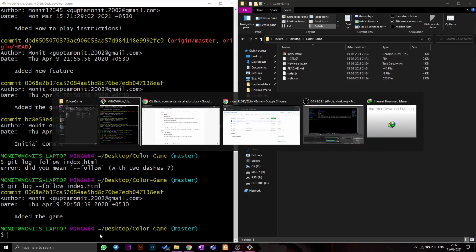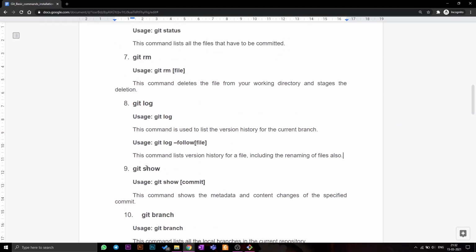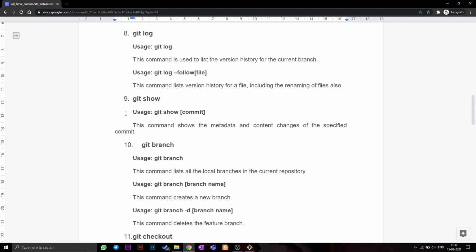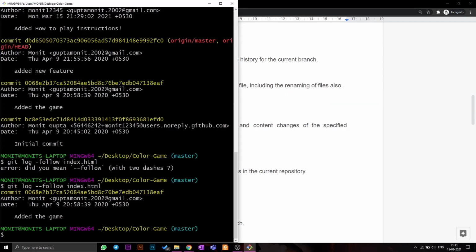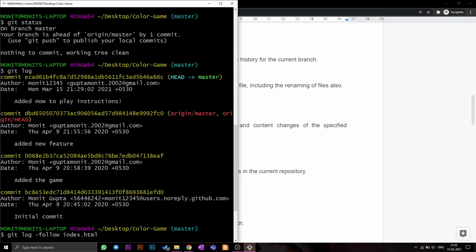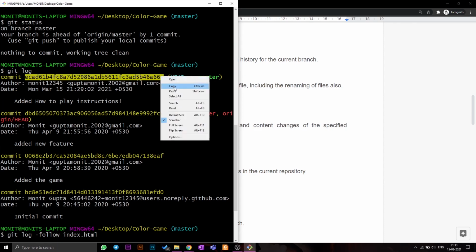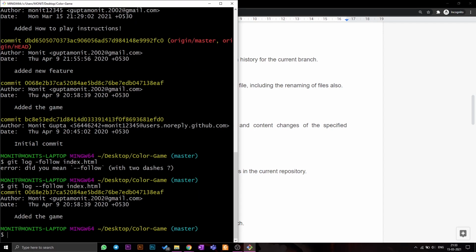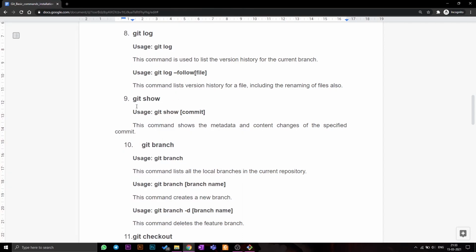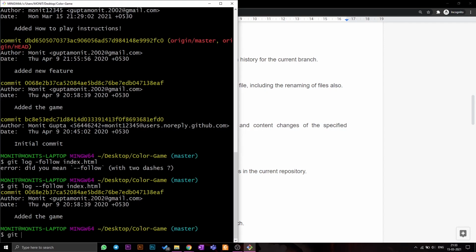Okay, now the next is git show. It basically shows us the metadata and the content of a commit. So how you're gonna see it is, when I did git log, you see this weird string, right? And basically it's the ID of the commit. So I can just copy it, right? And then I can do git show and the commit.